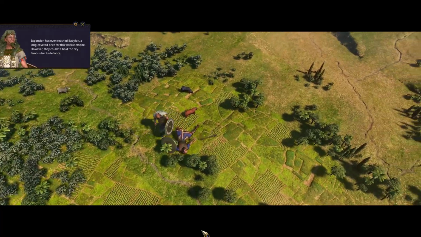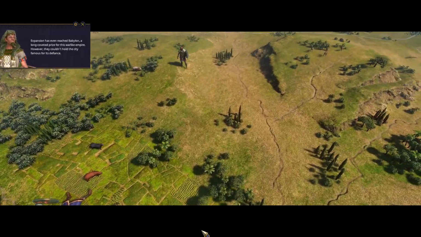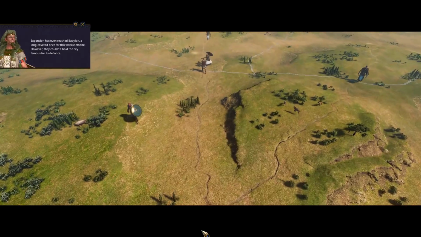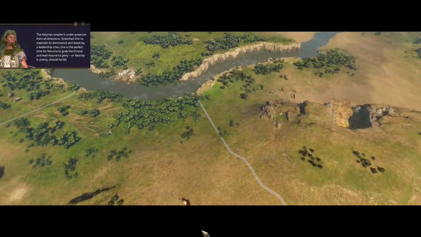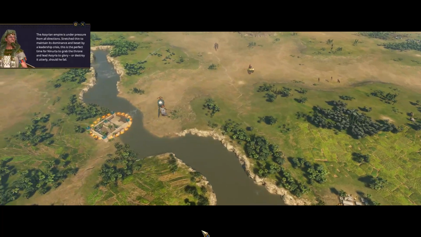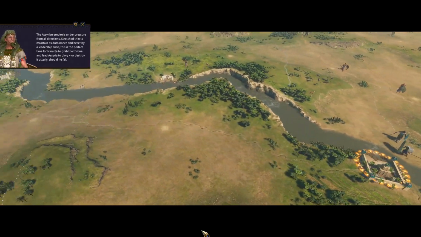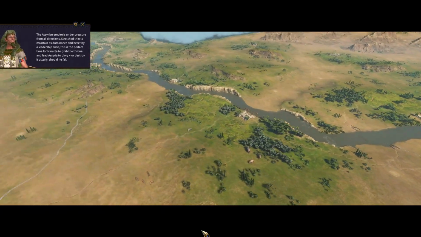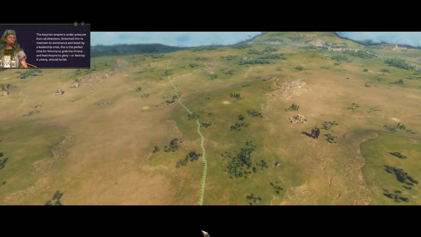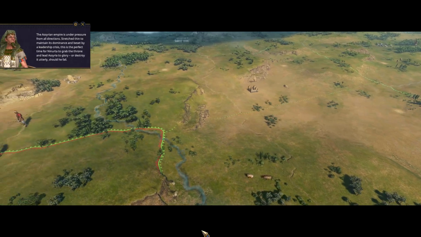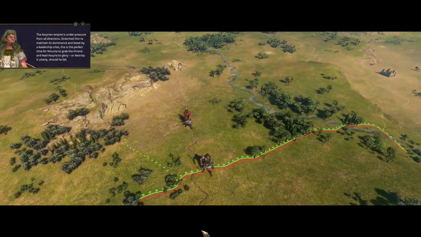However, they couldn't hold the city, famous for its defiance. The Assyrian Empire is under pressure from all directions. Stretched thin to maintain its dominance and beset by a leadership crisis. This is the perfect time for Ninurta to grab the throne and lead Assyria to glory, or destroy it utterly,